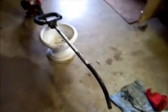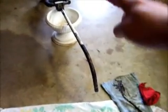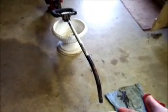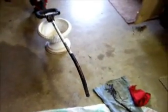Okay, well, we'll get the camera back up here now. I've degreased myself. Hope everybody was able to see that okay. We just pushed that shaft back up in there and it locked back into the keyway on the other end. If you have any trouble getting that locked back into that keyway on the other end, have somebody help you, or maybe you could do it yourself. Push up on the end of that drive shaft and pull the recoil start, and you'll feel that pop back and go back in. Now our next step we want to do,